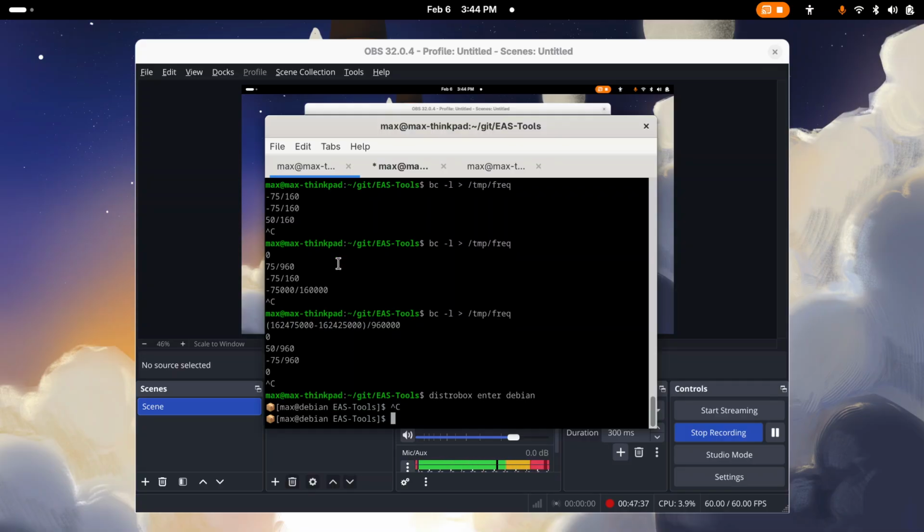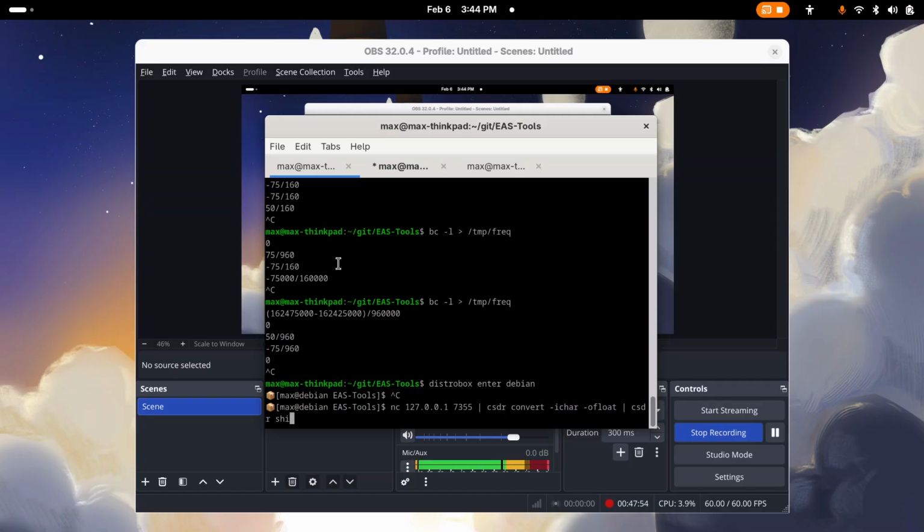We have another terminal open here, so I'm going to do the exact same thing as I did before. 127.0.0.1 convert. I'm going to shift this time to 162.425 megahertz. So we're going to do echo